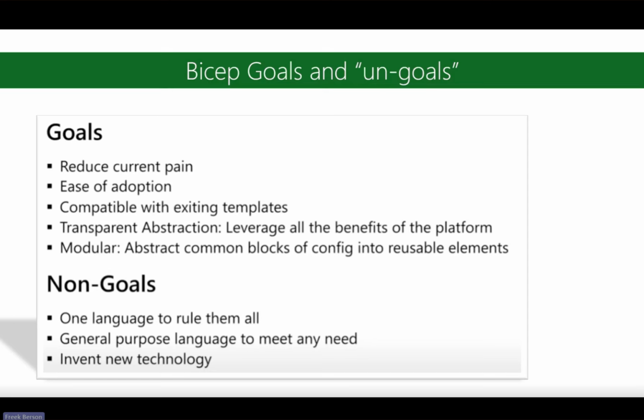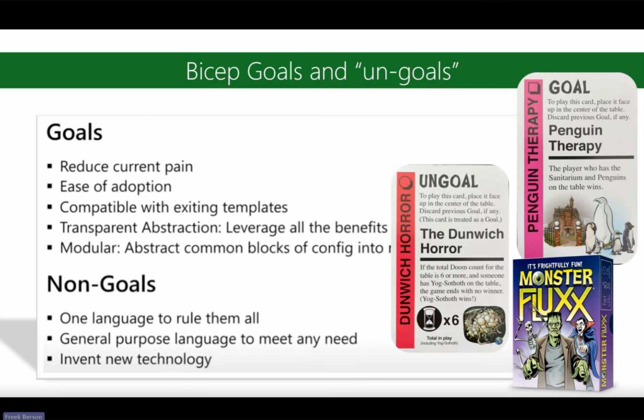So just a quick reference to the non-goals, where is that coming from? In the beginning, I mentioned I like to play and collect board games, and there's actually a really crazy card game out there, which is called Flux. If you're not familiar, I can definitely recommend it. But it's a crazy game in the sense that the goals of the game actually change while you are playing it, which is really interesting and really challenging to play. But luckily, the Bicep team did not change their goals or ungoals or non-goals for that matter, even across the 5 years that the language has existed. So that's great to see. So that's all 5 years ago.